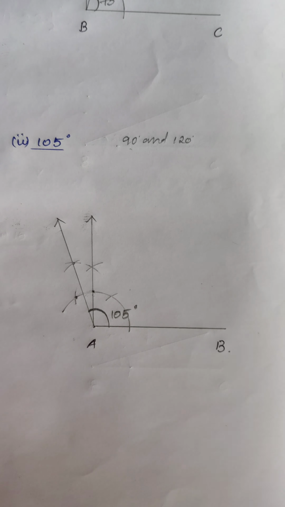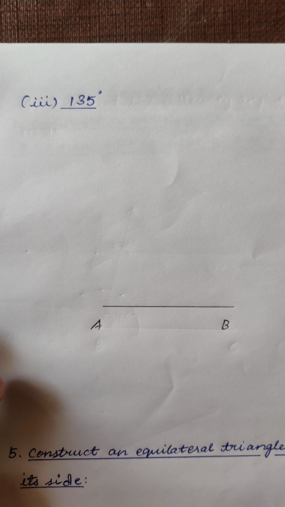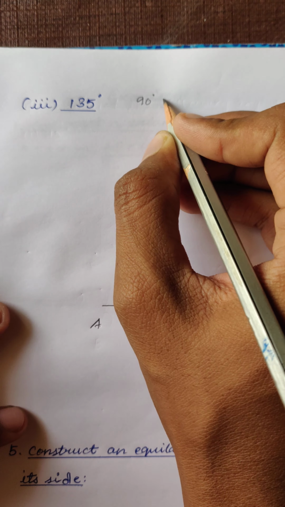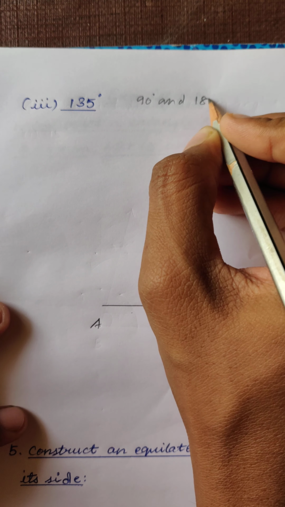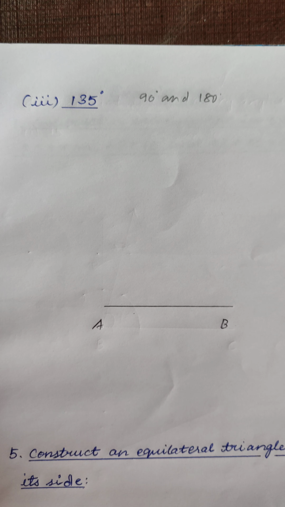Using the same way, let us learn how to draw 135 degrees. There are two methods in which we can draw 135. As you all know, 135 lies between 90 and 180. This is one method. Let me explain that. So what we are doing here is,